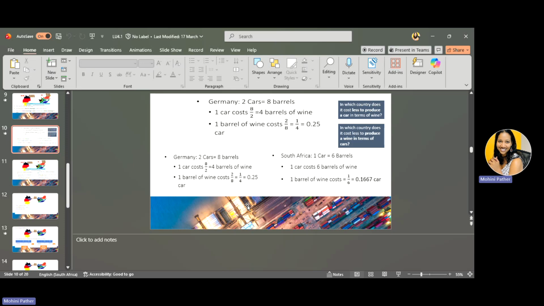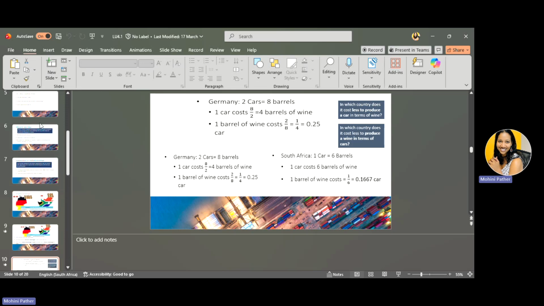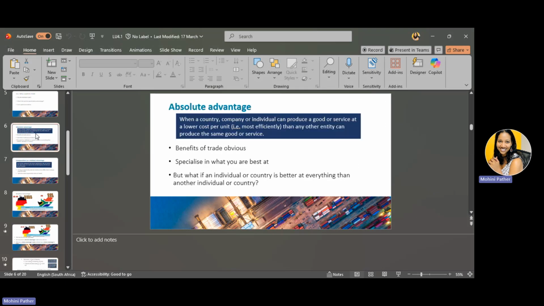So I have taken a quick look at the assignment. I want to just focus in on a couple of things that will be useful to you before I move on to the next section of our work, which would be Learning Unit 5. Just to completely close off Learning Unit 4, which we covered last week, I just wanted to reiterate these